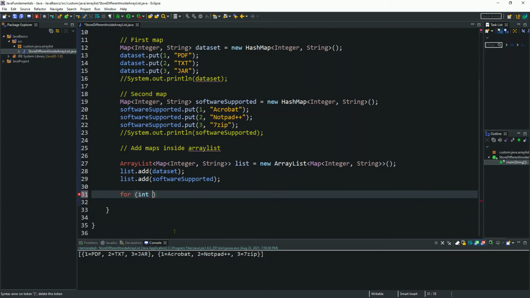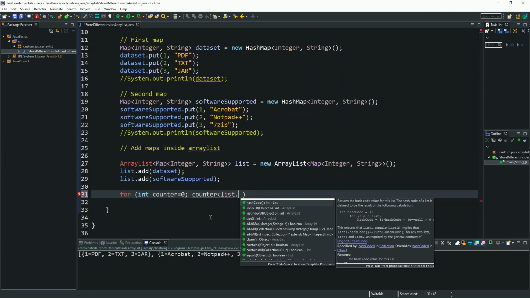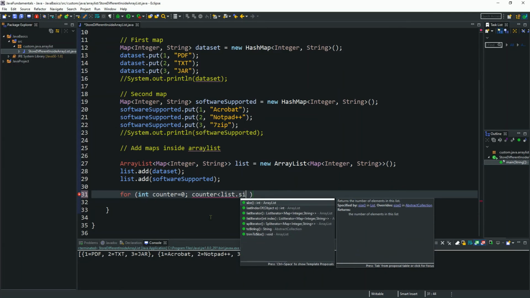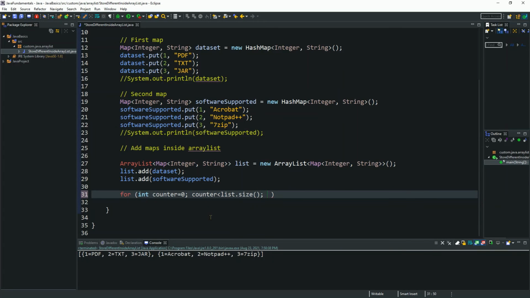Instead of an integer I am using a counter. So the counter is less than the size of the ArrayList, which right now is only 2, and then counter plus plus.